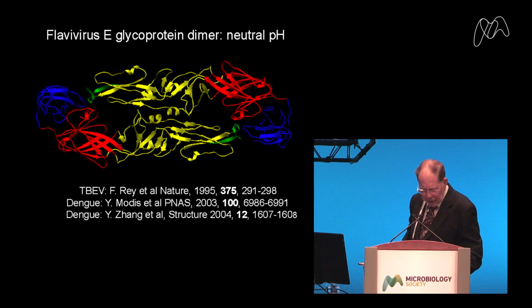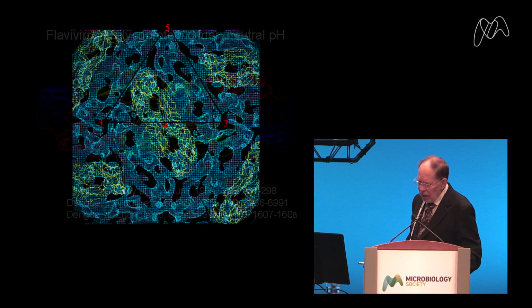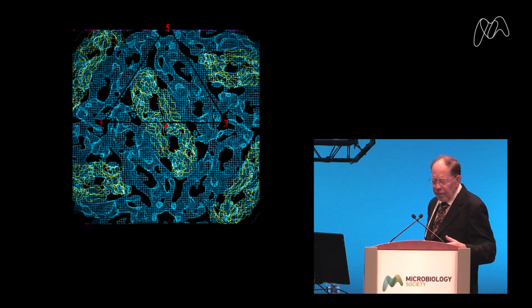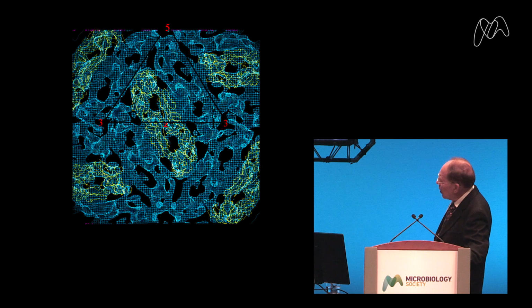So as I said, we were able to determine the electron density of dengue virus, in fact. And then there's a question of how to interpret this. You can see here the fit of one dimer of the kind which Felix Rey had determined for tick-borne encephalitis, a different virus, but we assume that possibly there's homology between these different viruses. And what I did is to show this works.